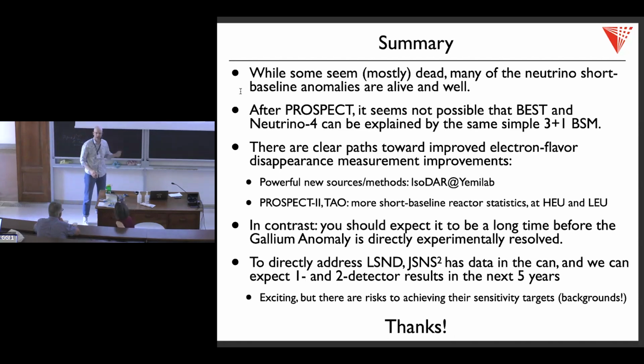But I'd emphasize the name of the game in IBD experiments is trying to zoom in on the e+ signature and zoom in on the delayed neutron capture signature. The more cuts you can make on that, the more of these accidental backgrounds you can rule out. So I would bet that the JSNS folks will over time figure out something like a machine learning BDT estimator that can really home in on e+ and neutron capture looking signatures. And that's what I look for them to do.